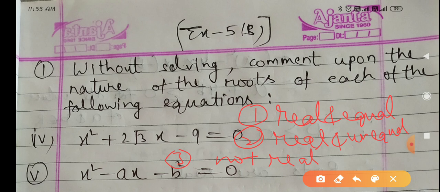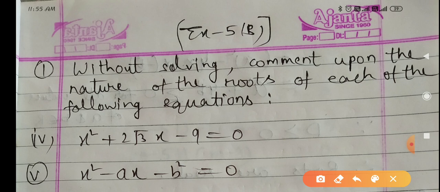How can we recognize whether the given quadratic equation is having real and equal roots, or real and unequal roots, or not real roots? So for this I told you one term, discriminant. Discriminant D equals b square minus 4ac. You will calculate this D with the help of b square minus 4ac. a, b, c are the coefficients of x square, x and the constant term in the given quadratic equation.